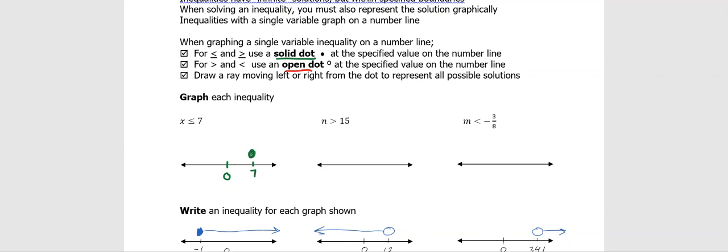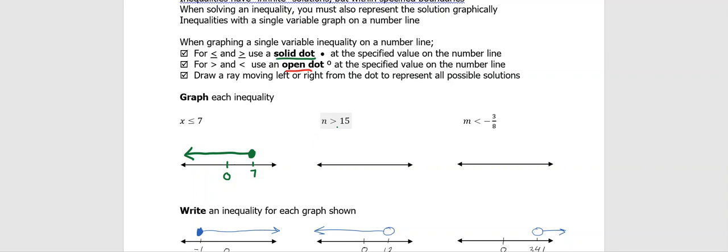And because it's less than or equal to 7, that means any value on this number line that's going to be true from the infinitely many values has to be to the left of. Those are the values on the number line that are less than or equal to, based on the closed dot, 7. So when we move to the next one, we're going to notice n, we're going to read this